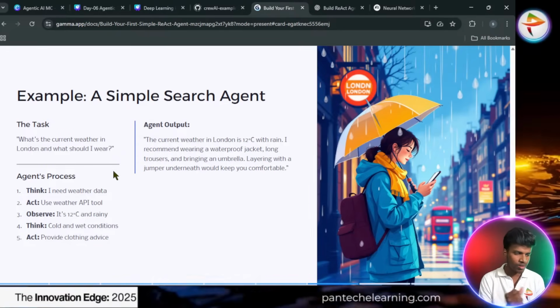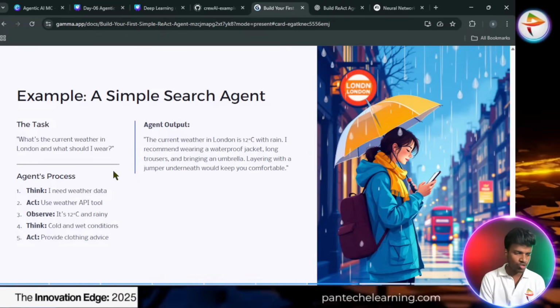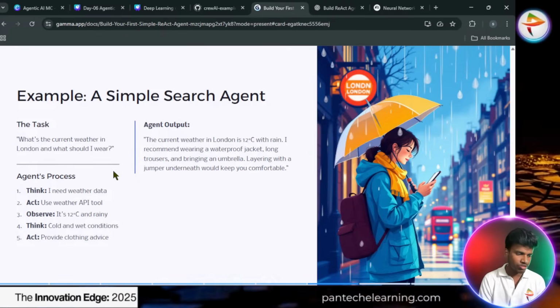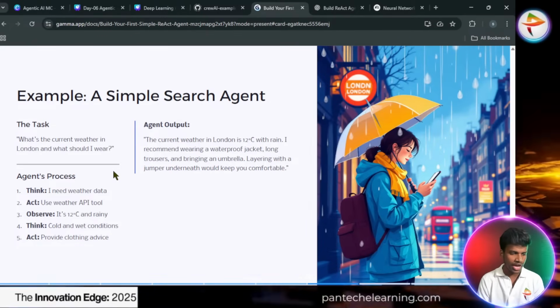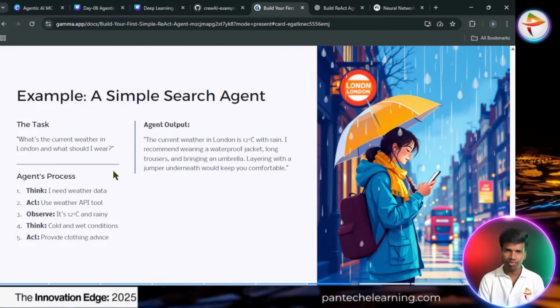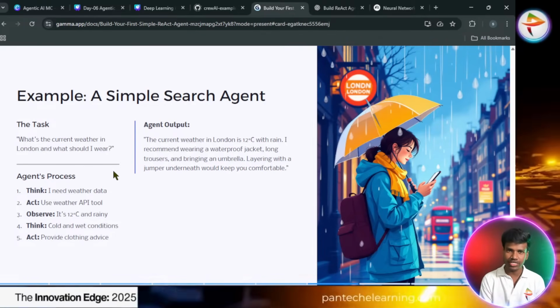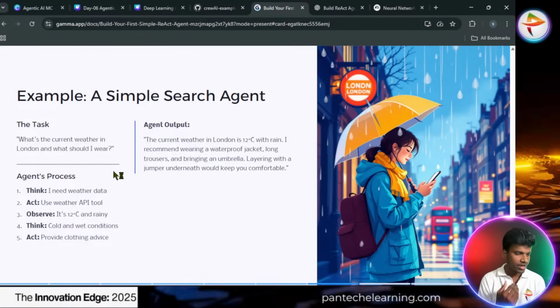The agent output: the agent processes. Thinking is, I need weather data. Acting is, use the weather API tool. Observe is, it's 12 degrees Celsius and raining. Think: cold and wet conditions. Act: provide clothing advice. So repeatedly the process goes on. So we can compare with our existing tool, the existing personal assistant. Now my question is,